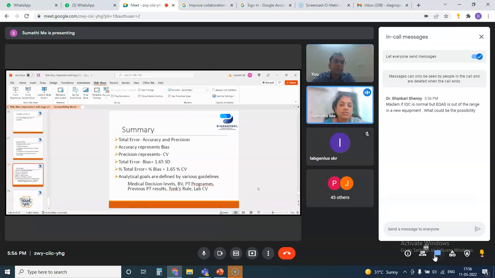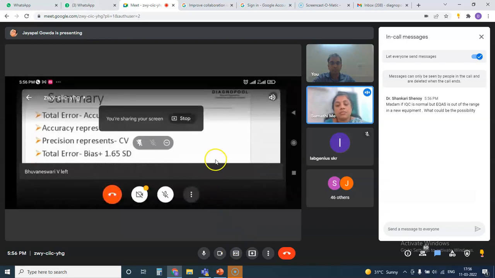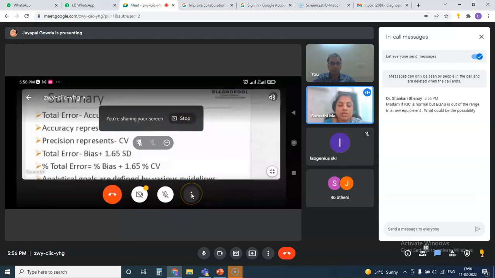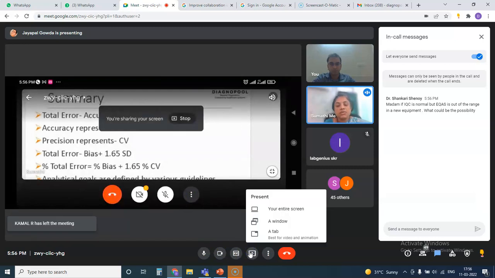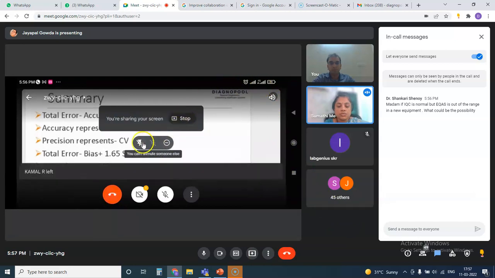Yeah, so most of the time, for example, you have set a lab mean for the new equipment or existing equipment when you started using internal quality control. But after some time, there are a lot of variations which can happen. For example, it can undergo multiple calibrations, multiple lot changes, multiple environmental variations and so many things. So gradually there are certain variations which go on accumulating in the system, which may not be picked up by your system.